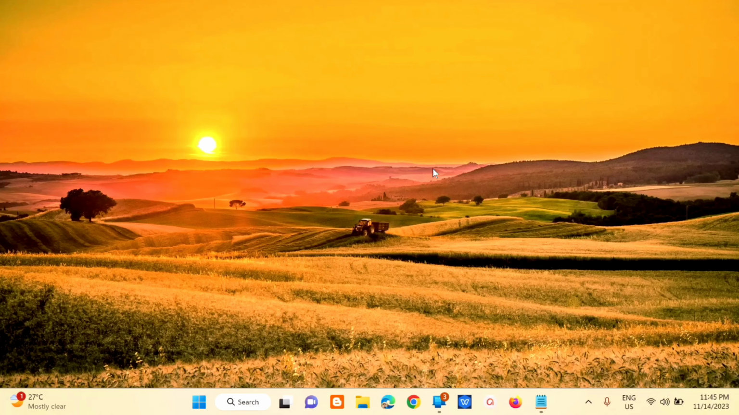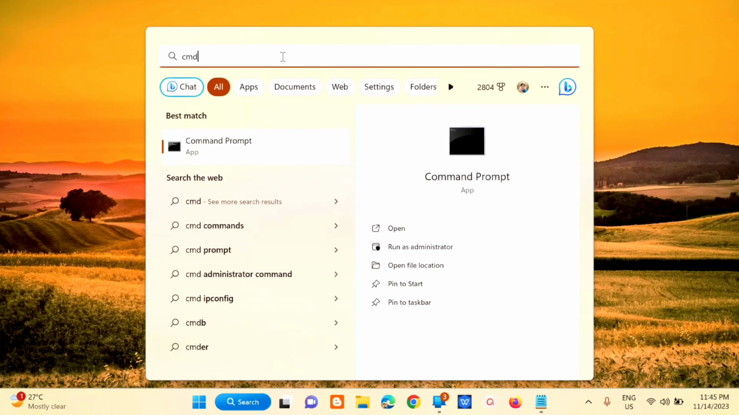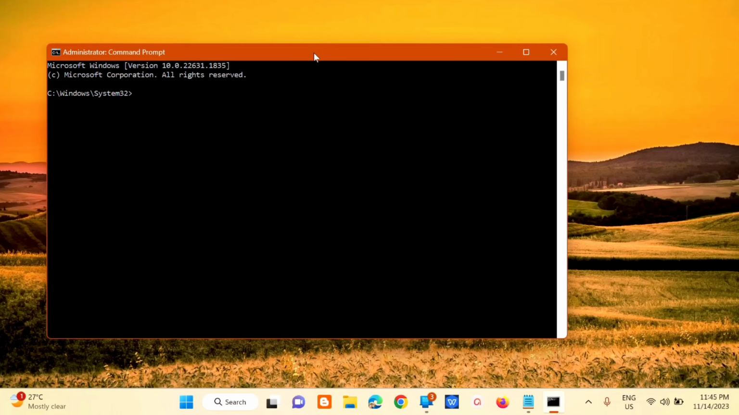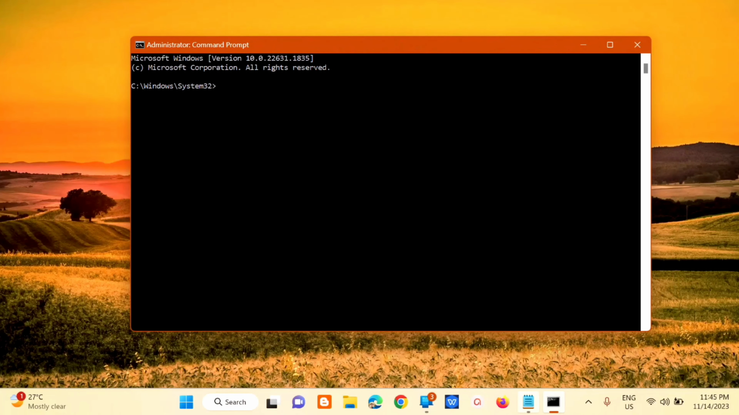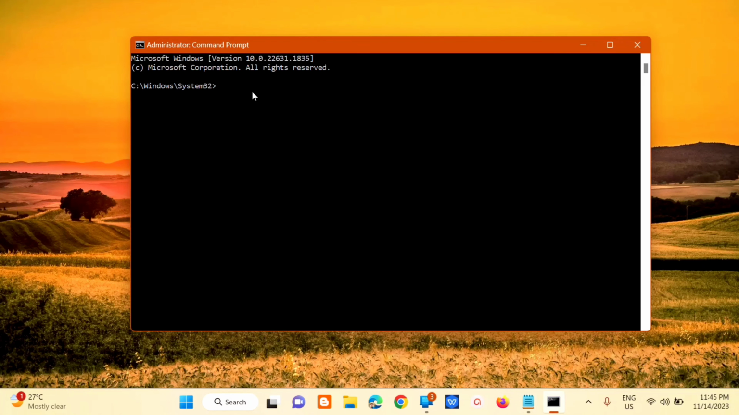And then next step na pwede natin gawin ay dito lang sa searching bar, kailangan mo lang i-type yung CMD or yung command prompt and then click mo lang tong run as administrator. And then dito sa administrator command prompt ay kailangan lang natin i-enter tong command keyword na to. Copy lang natin and then paste natin dito, and then press mo lang yung enter